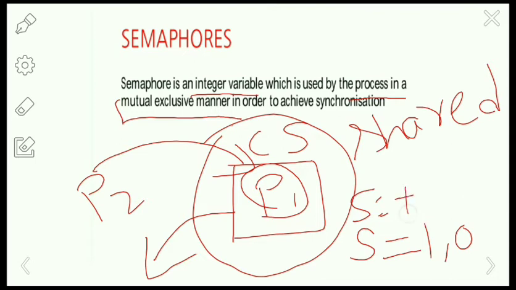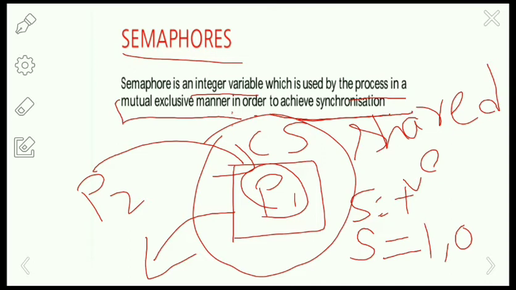Overall, a semaphore is an integer variable which is used by the process in a mutual exclusive manner, that means only one process will be in the critical section at a particular time, to achieve synchronization. This is the main reason we are using semaphores.